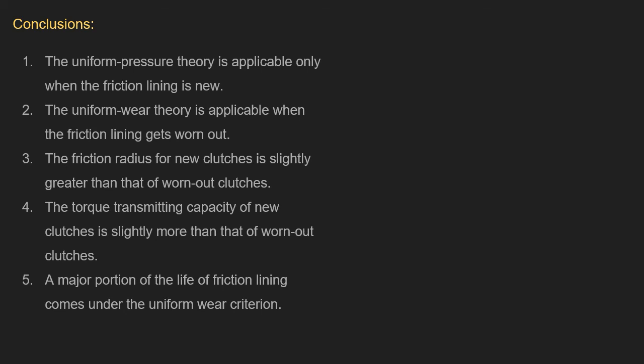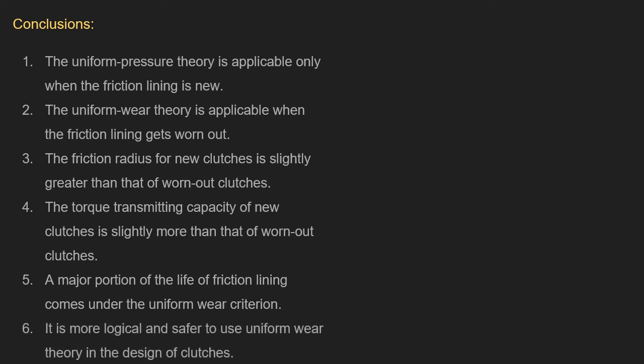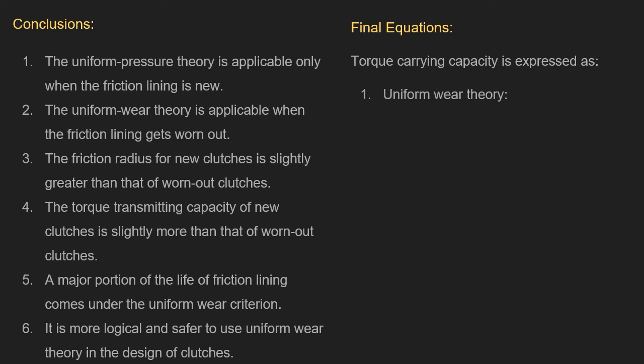Okay, and a major portion of the life of friction lining comes under uniform wear, right? Because immediately after service, once the wear starts, the uniform pressure theory will no longer be applicable. We will have to rely more on uniform wear theory. Therefore, in design, it is more logical and safer to always use uniform wear theory to design the clutches. Okay. Therefore, the final formulas to be used in calculating the torque carrying capacity is: for uniform wear theory,